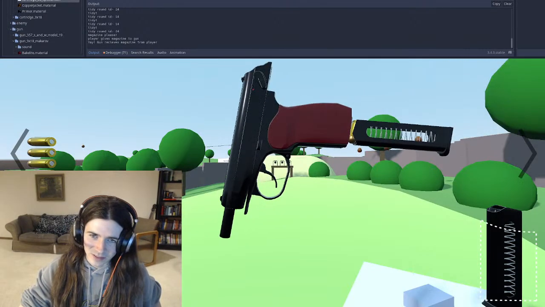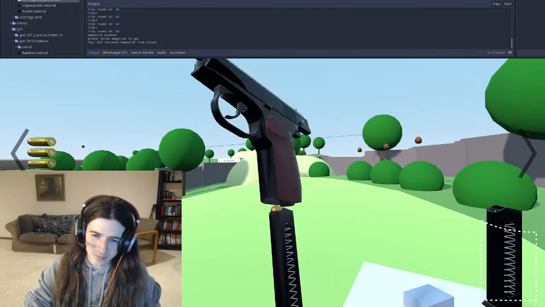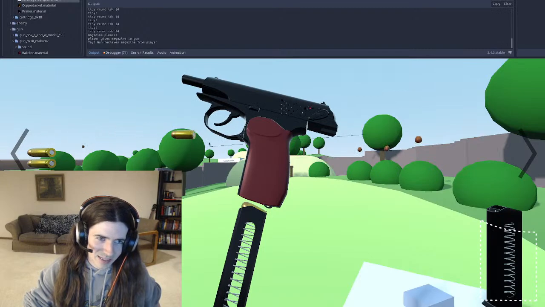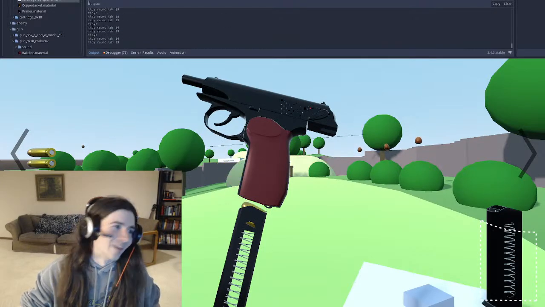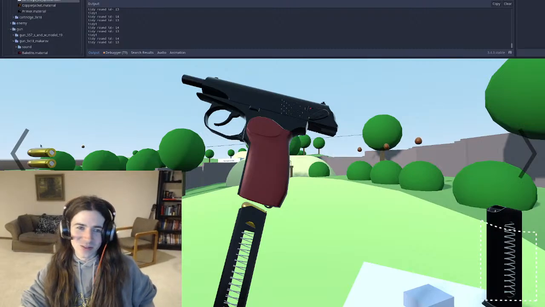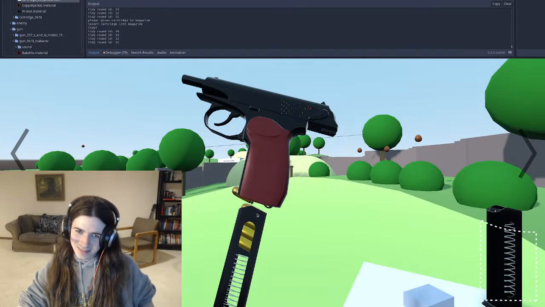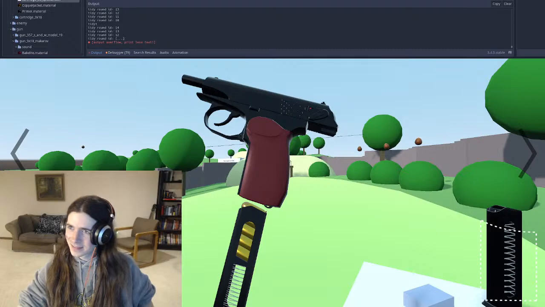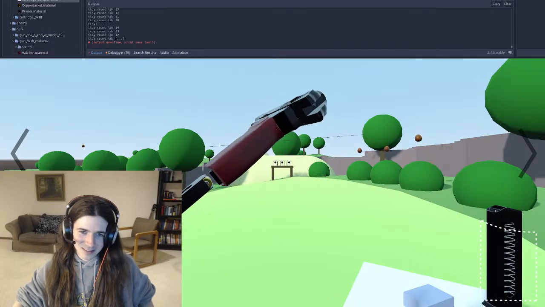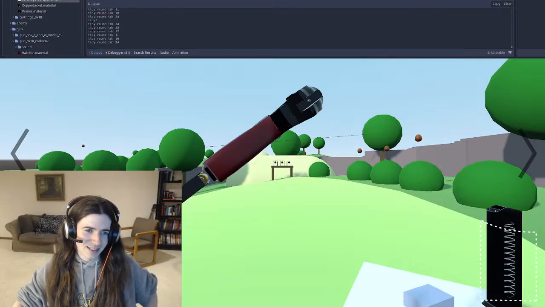But here's an interesting question. Let's see if it still lets me add a cartridge. Oh. That's kind of cool, actually. Like, why not? That should work, I suppose. That's pretty neat, honestly.